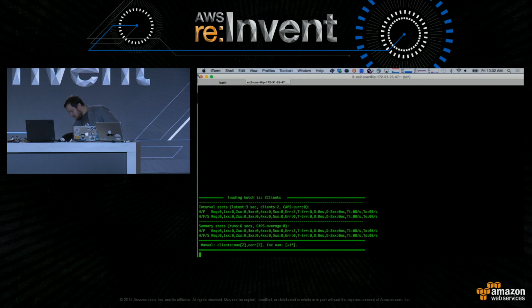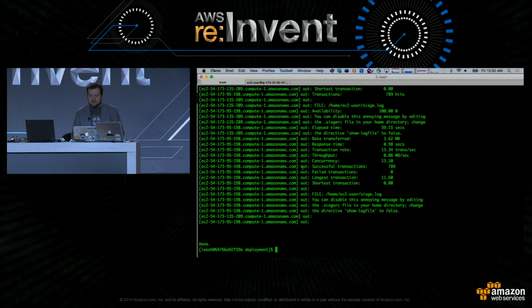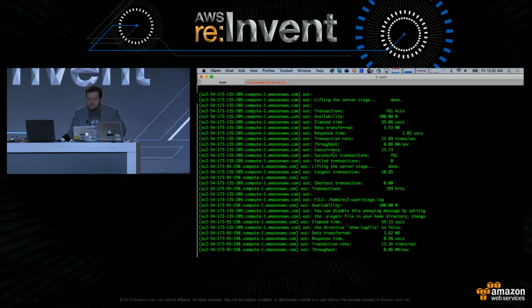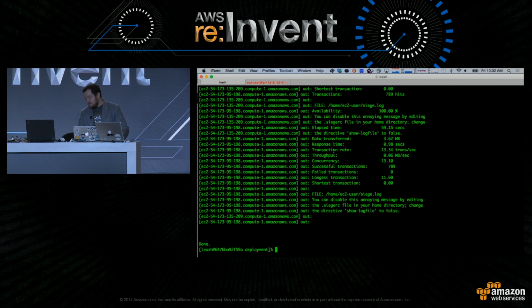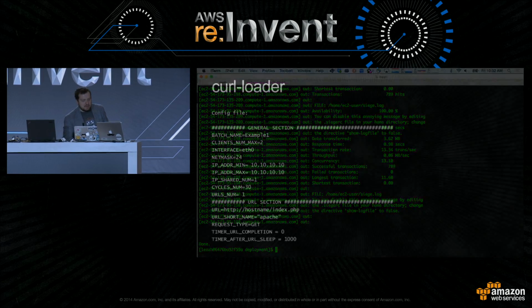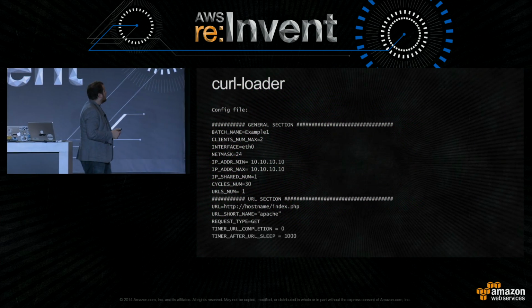So let's see if my other load test is done here. Yeah, it is. So now I've done my load test. So the siege actually gives you what your average time is, how much data has been transferred, how many transactions per second it was able to achieve, so all kinds of useful information. So let's talk about